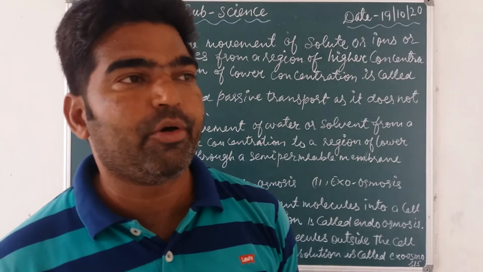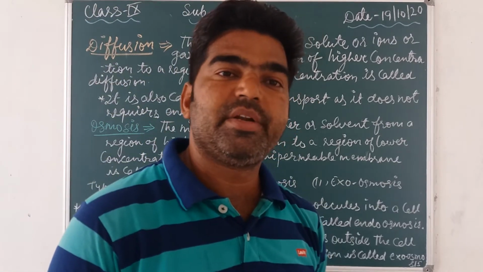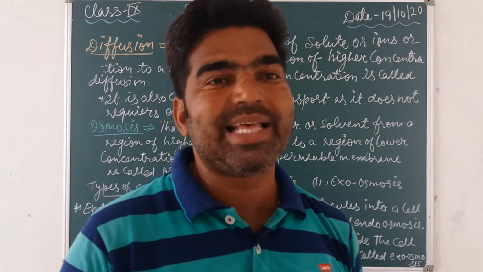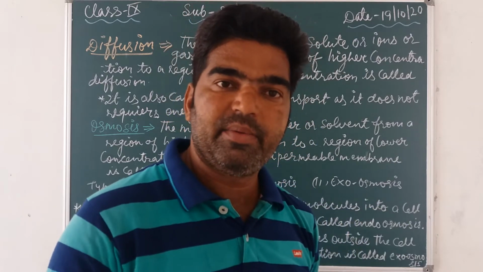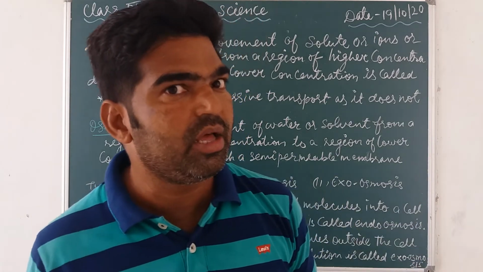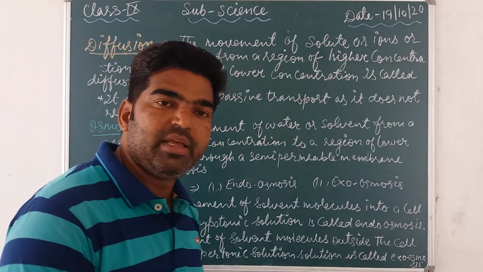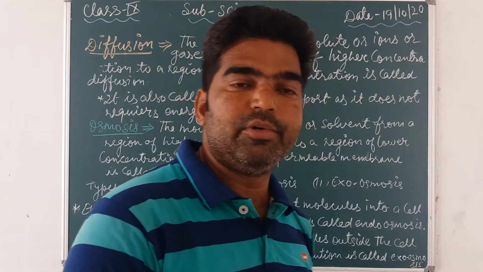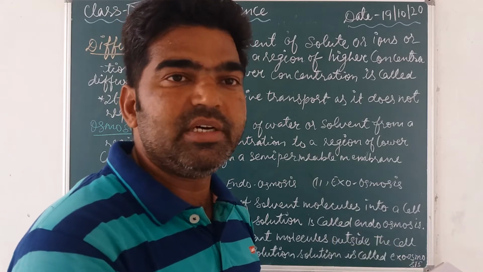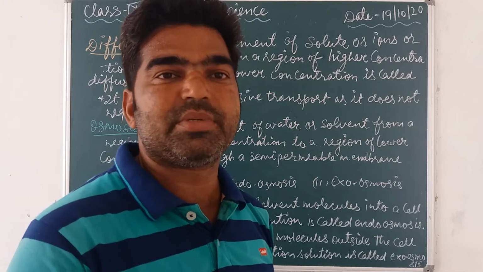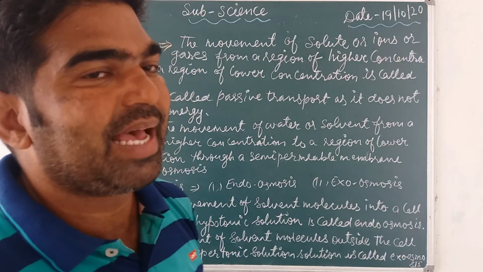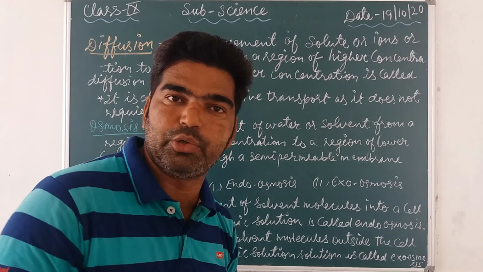Third type is hypertonic. Hypertonic means the concentration of the medium or solution is less and the concentration of the cell is higher. We know that molecules move from higher concentration to lower concentration. So normally the movement of molecules is from where? From inside the cell to the outside, into the medium. So the size of the cell contracts or shrinks. Its size will reduce, it will shrink.